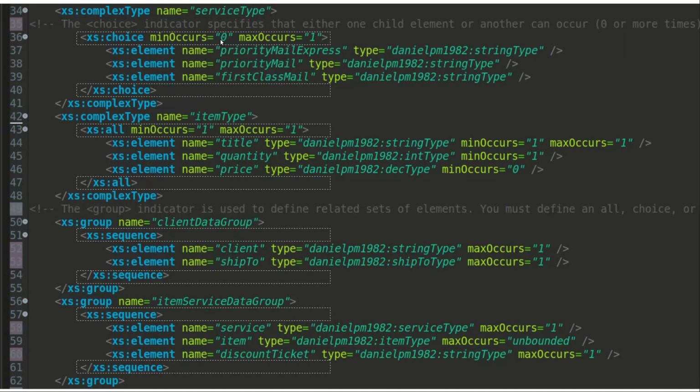And the minOccurs is set to 0, which means that the user can leave it empty with no selection, and with a maxOccurs of 1, which means that we'll have only one chance of selection, and